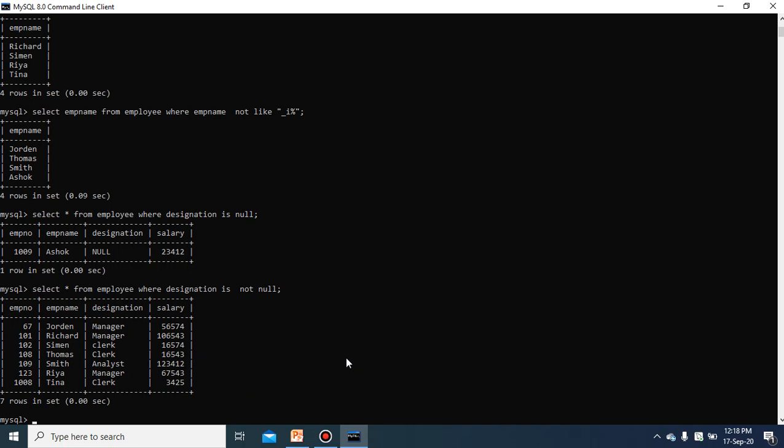In the same way you have the relational operators. Suppose you want to see the salaries that are greater than 1 lakh. How will you write it? SELECT * FROM employee WHERE salary > 100000.